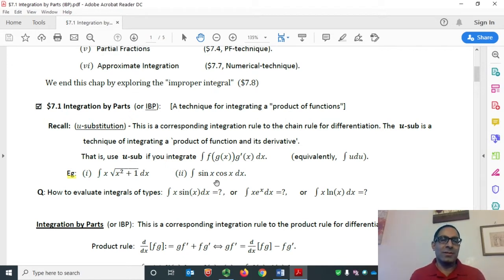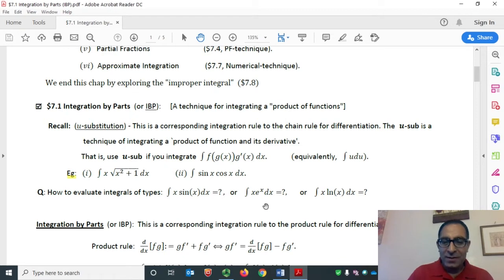But the question arises here: what happens if we have an integral whose integrand is a product of two functions, but one function is not a derivative of the other? For example, how do we evaluate integrals of type integral of x times sine x, or x times e to the x, or integral of x times natural log of x, or even integral of sine x times natural log of x,